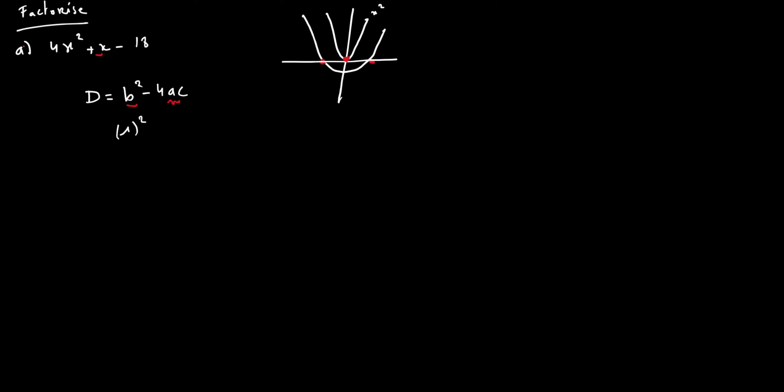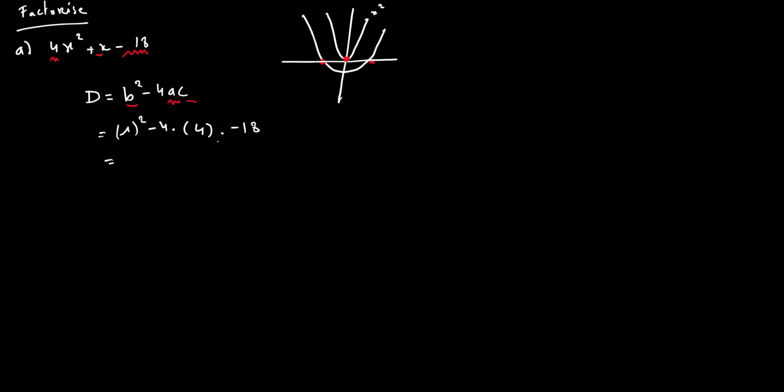So a is the number you have in front of x squared, and c is the number you have as your constant. Okay, so we can write this out. It's minus 4 times a, which is 4, times c, which in this case is minus 18. So that's going to be the value of your discriminant. And if you work that out,